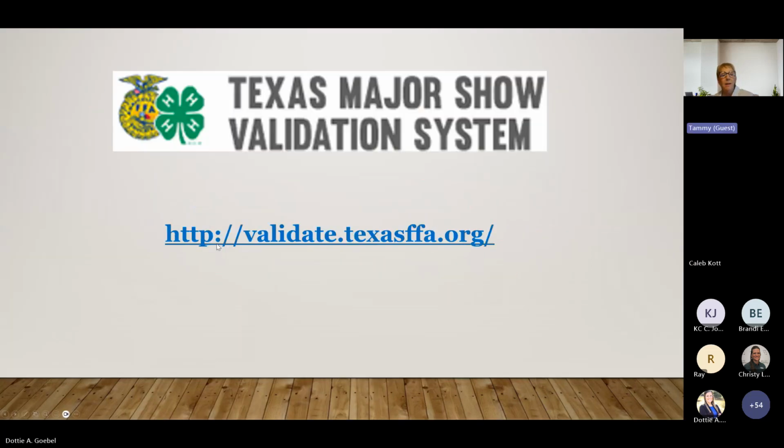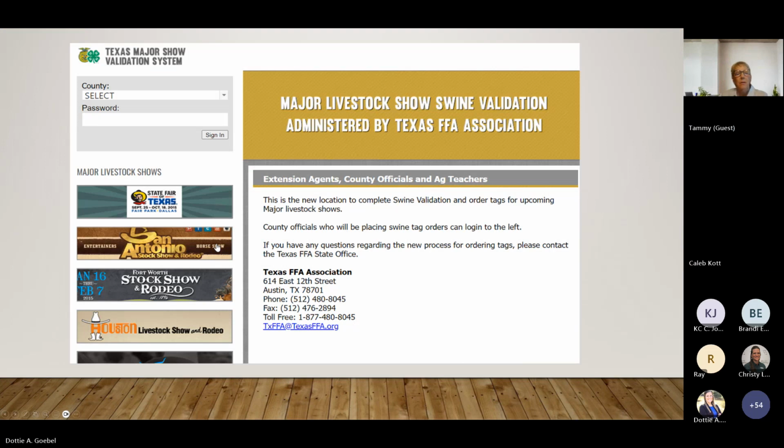And on that next slide, Dottie, this is what it's going to look like from your side. You'll select your county, you select your password. If you are a county validation chair and you need your password, contact me, and my information will be at the end. Then I will provide you with the information you need to log in.